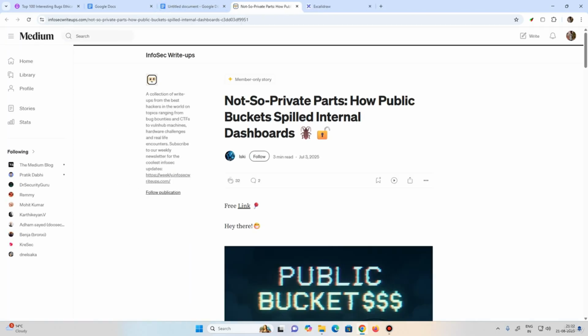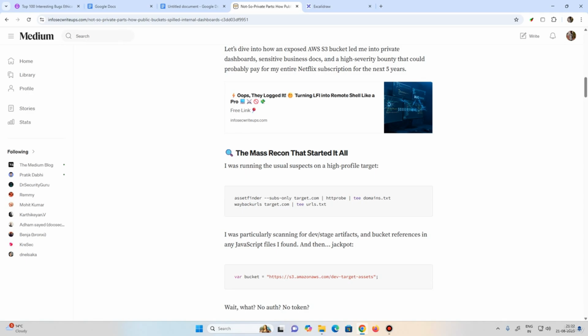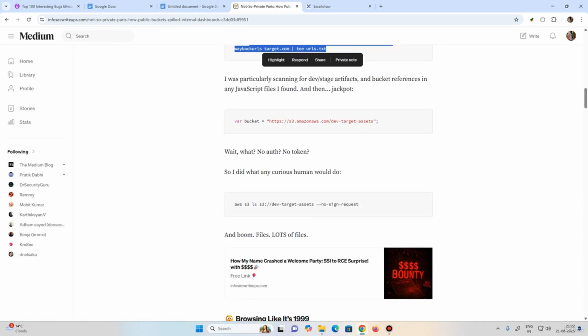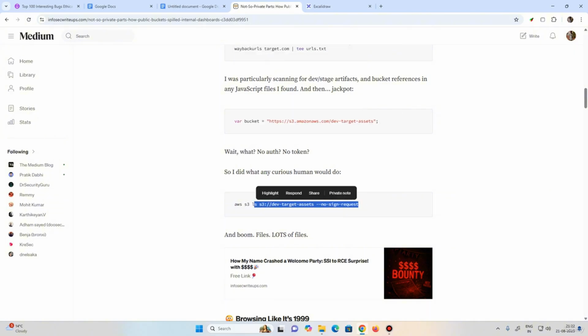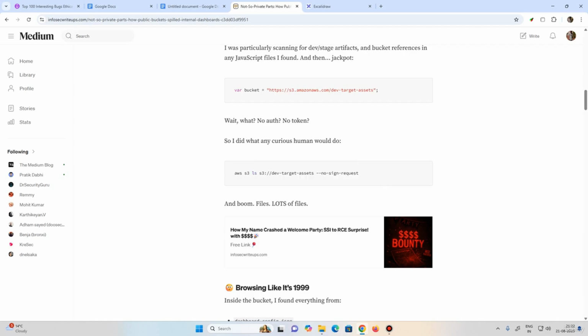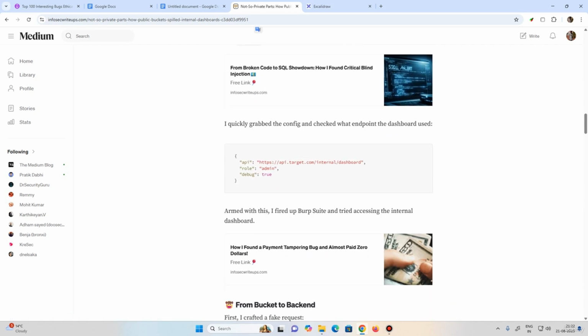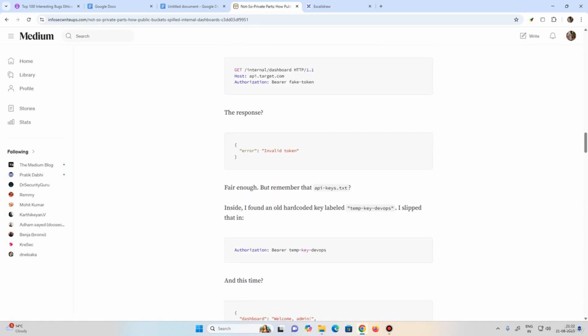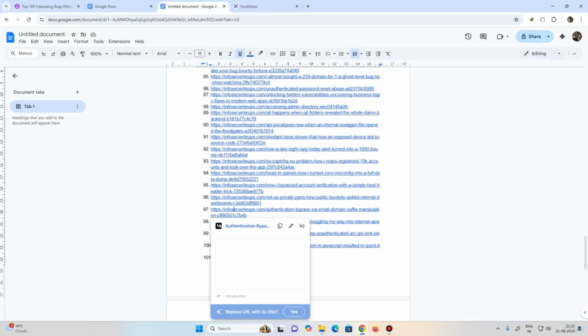Not so private paths, how public buckets build internal dashboards. Let's look into this. So the mass recon that started it all: while doing the recon, you found this particular bucket. When you try accessing this bucket, the listing without passwords is allowed, so you get the dashboard config JSON, API key, production envs. When you have the production envs, it has a lot of things inside that, so the rest is history. So yeah,